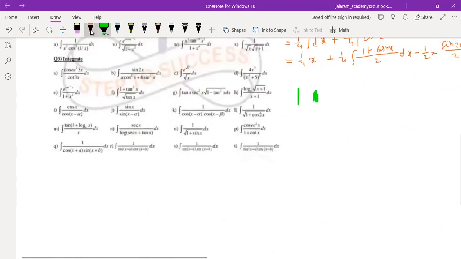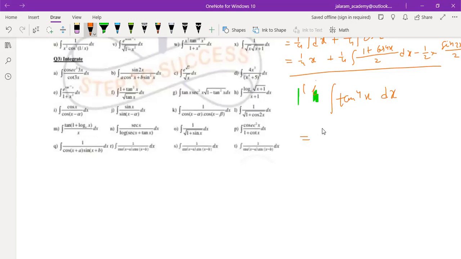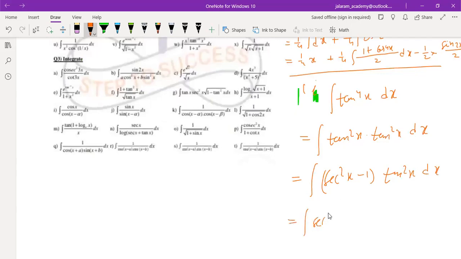Question number I. Integration of tan to the power 4x dx is easier. First we write tan square x into tan square x dx. Then write sec square x minus 1 into tan square x dx. Then sec square x tan square x dx minus